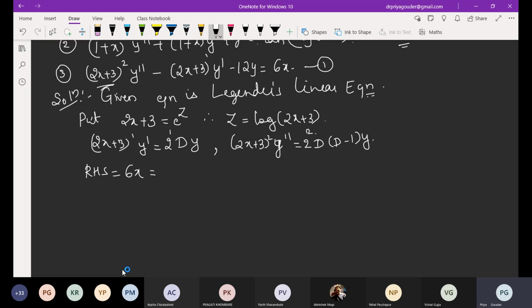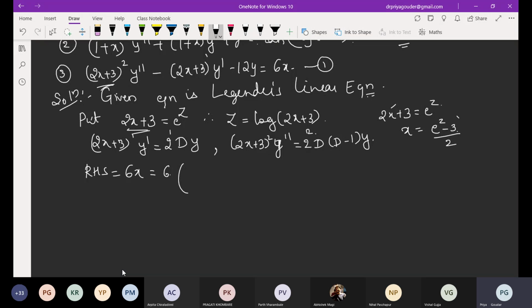See, a very interesting thing here. It is not direct. You are taking 2x plus 3 equal to e raised to z. I want only x, so what do I have to do? Transfer the terms. First, what do I have to transfer, 2 or 3? 3. If you transfer 3, it will be minus 3. And when I transfer 2? It goes to the denominator, by 2.